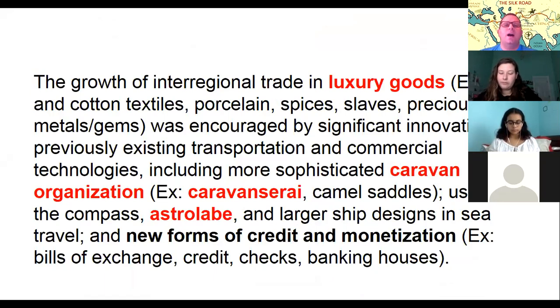And so one of the things that's really going to spur the movement towards these trade routes is that there comes to be a desire for luxury goods, okay? People want access to luxury products, things like textiles and porcelain, spices, precious metals. All of those things lead to a new desire for trade. And so it is that desire for goods coupled with these new inventions, things like the saddle, the astrolabe, the caravanserai,